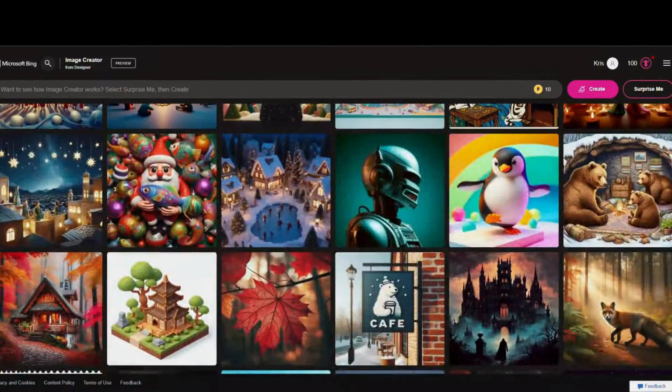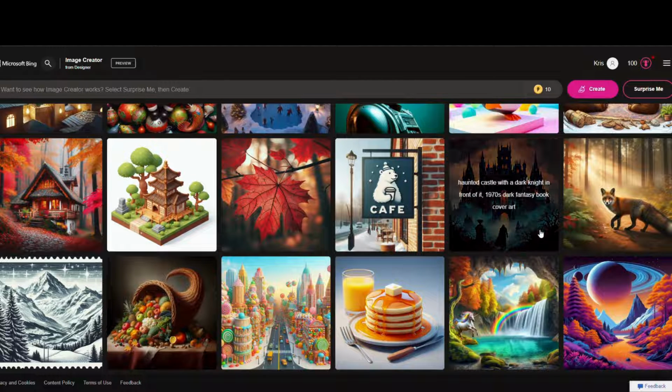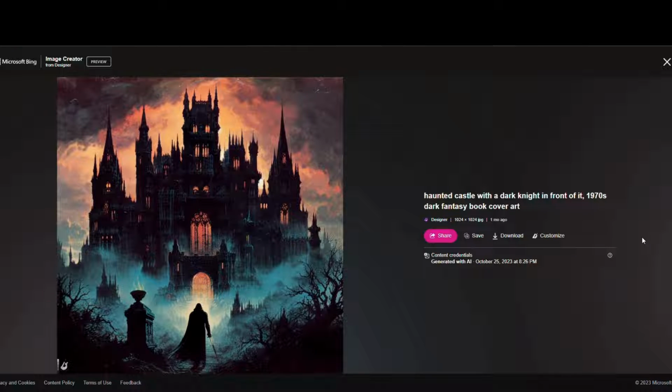One thing that I thought was very interesting was something like this. If you were looking to do any type of art images for books, notebooks, or if you were maybe writing a book and you wanted to come up with an image for your cover, this is a great way to come up with ideas. So this one, basic description, haunted castle with a dark knight in front of it. It was very specific. 1970s dark fantasy book cover art. That is pretty much what they got, and this would look amazing on the cover of a book